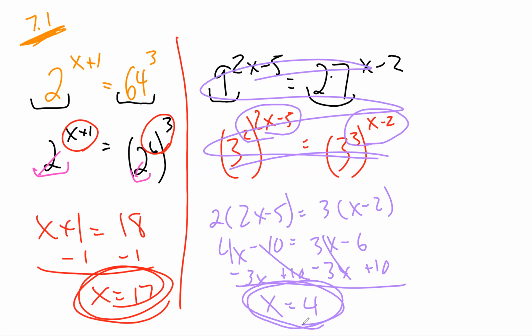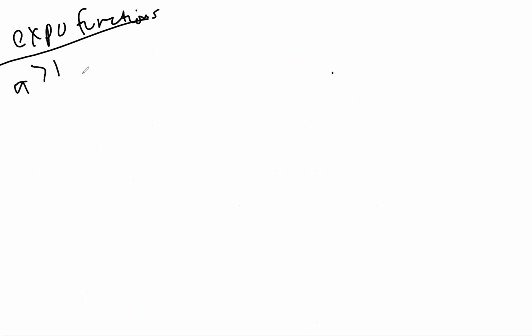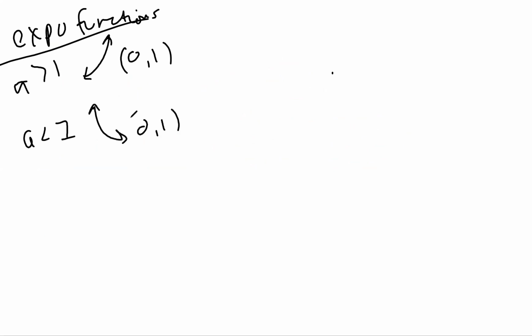Okay, so when we talked about graphing, and remember, since someone specifically asked me to do this, this is still 7.1. Right now we don't know about logs. So right now we're just graphing exponential functions. Okay, so exponential functions. And we said that if a was greater than 1, it was an increasing function, and the y-intercept was 0, 1. And if a was less than 1, then it's a decreasing function. The intercept, though, is still 0, 1.